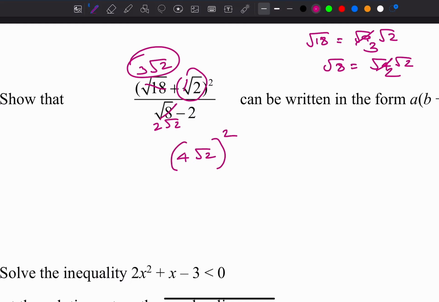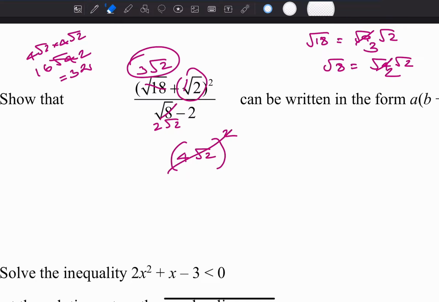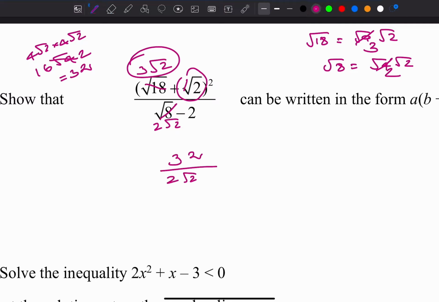Squared. So what is 4 root 2 squared? Technically it's 4 root 2 times 4 root 2. 16 root 4, which is, root 4 is 2, 16 times 2 is 32. Okay, 32 over 2 root 2 minus 2 times 2 root 2 plus 2. Multiply it. 64 root 2 plus 64 over